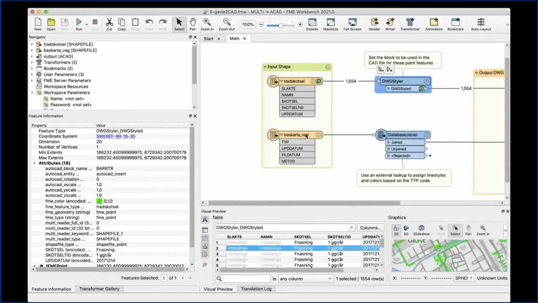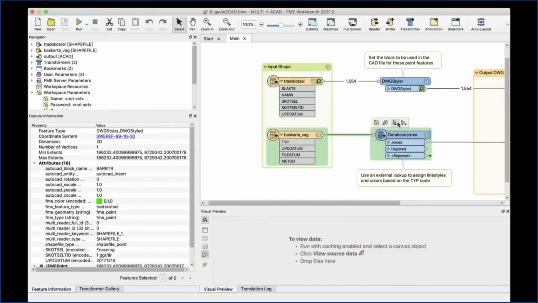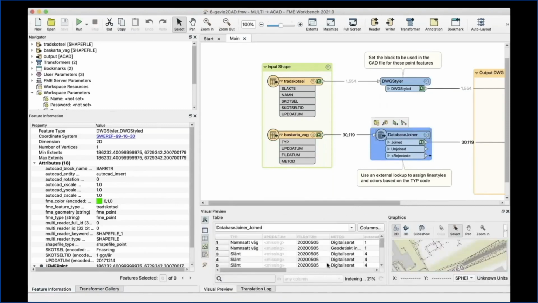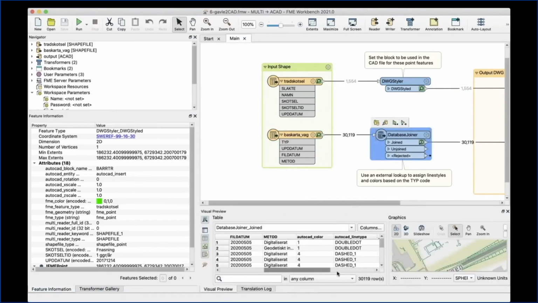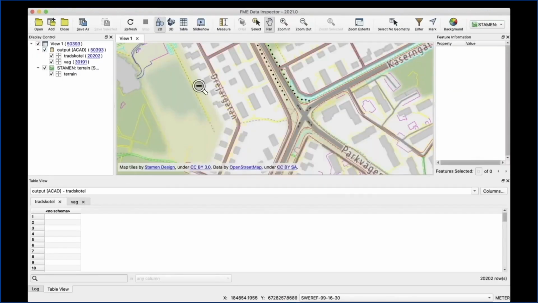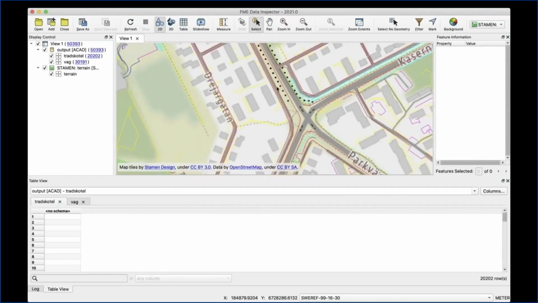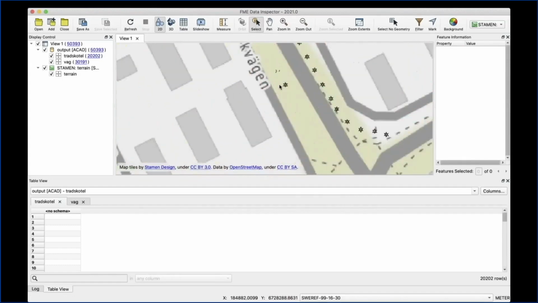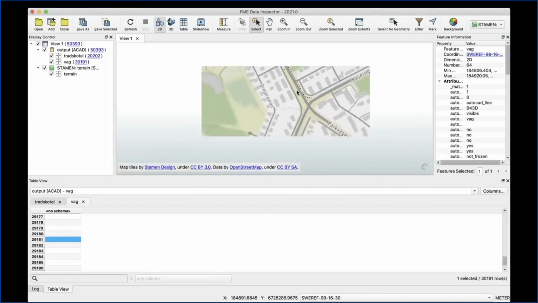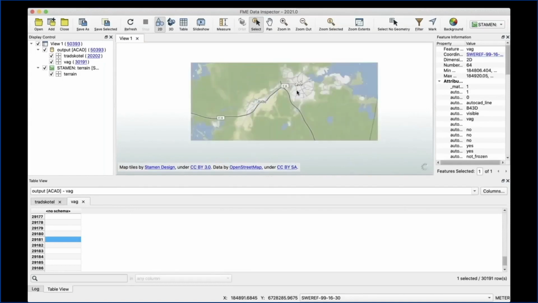Secondly, I'm going to style my lines. And again, here, what's happened is I've gone to a database joiner, and it has added a bunch of line types and colors so that when we go to AutoCAD, we get what we want. And now I'm just going to take a peek to the final result. And so here it is. And I have available to me both blocks. So these little symbols here are the blocks, they're sort of little stars along the street, as well as the lines. And if I zoom way out here, you can see kind